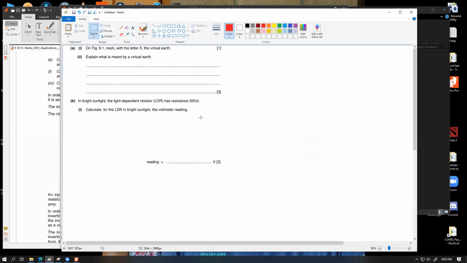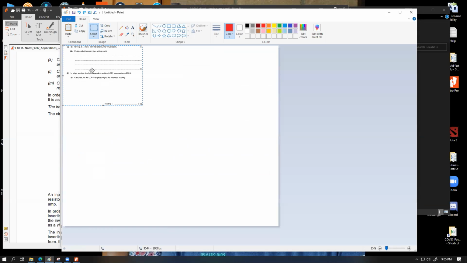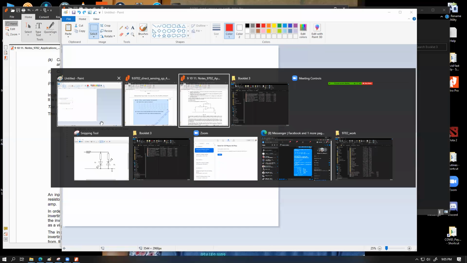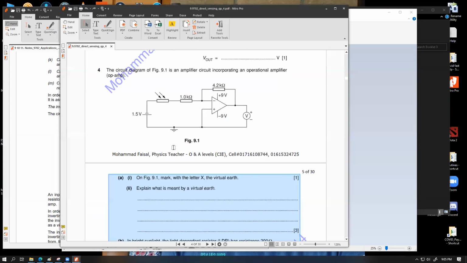Paste. This is the question. Control Z. V. Okay. Question কোথায় গেল? এই যে